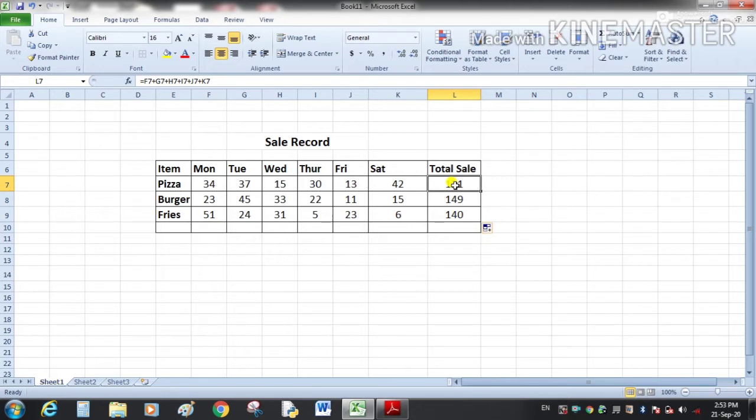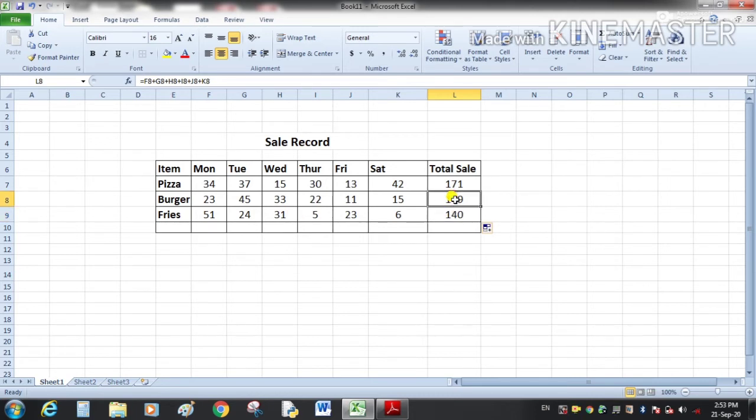Here we are adding the values of F7, G7, H7, but for this formula there is F8, G8, H8, and here F9, G9, this one, up to K9.